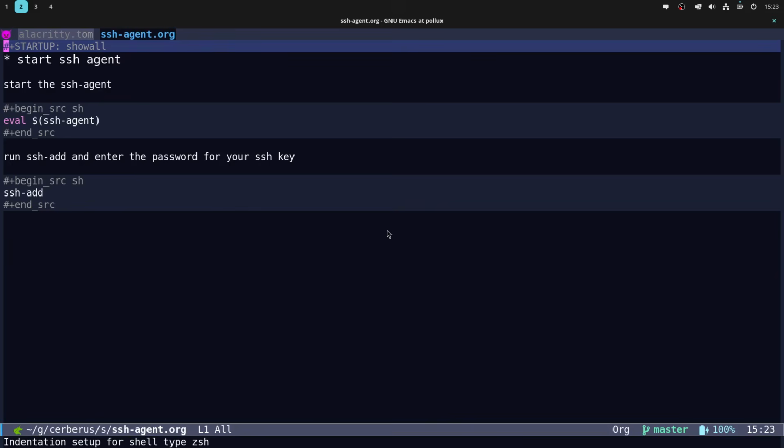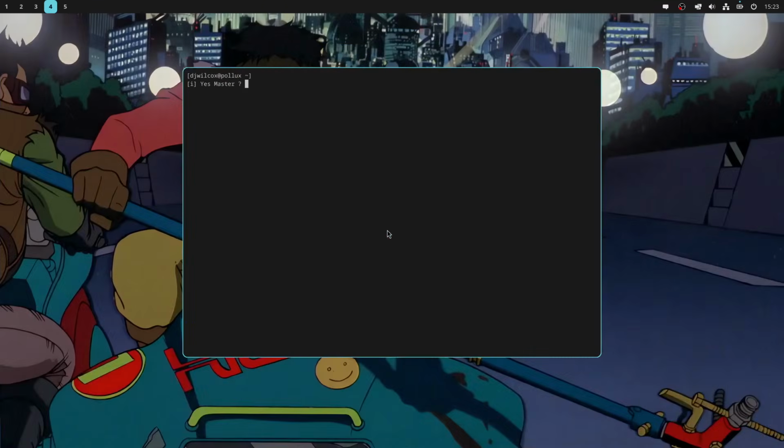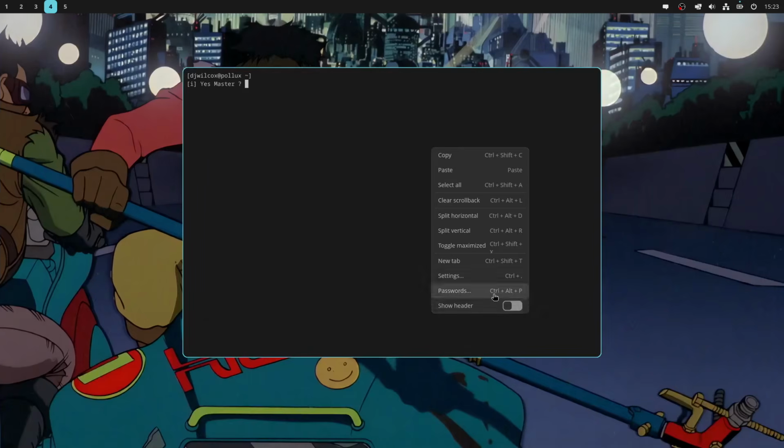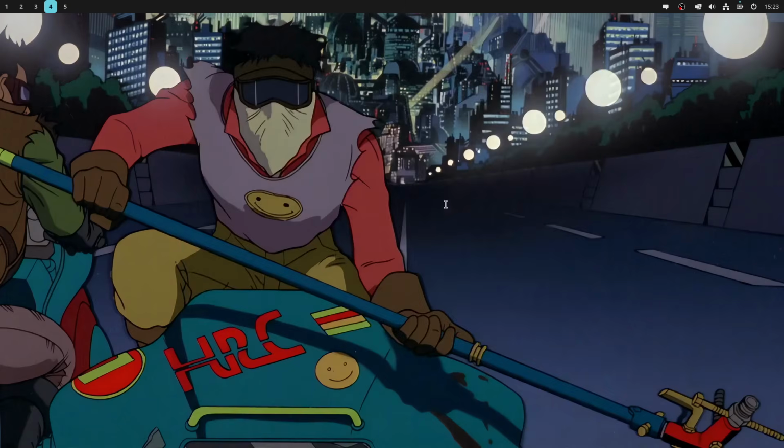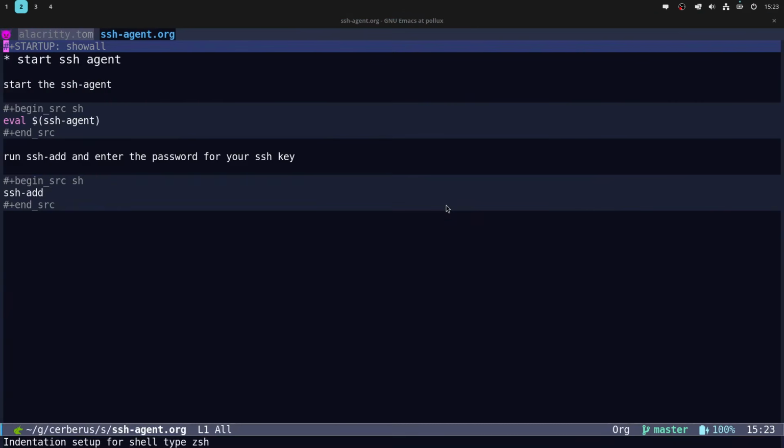There is, as I said, in the Cosmic Terminal, an option for passwords here. So I presume that you can add a password for your SSH key with the Cosmic Terminal. But if you're using Alacritty, then you don't have that option. So if you want to add your SSH key, what you've got to do basically,